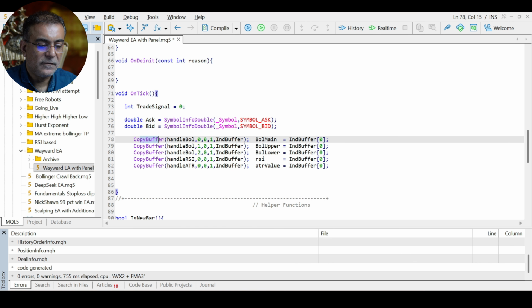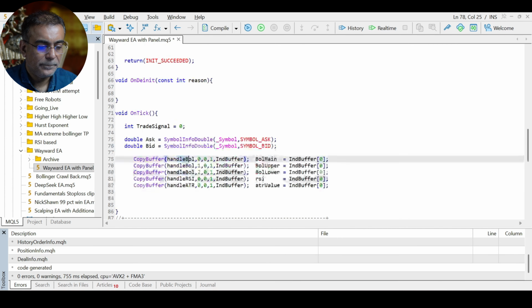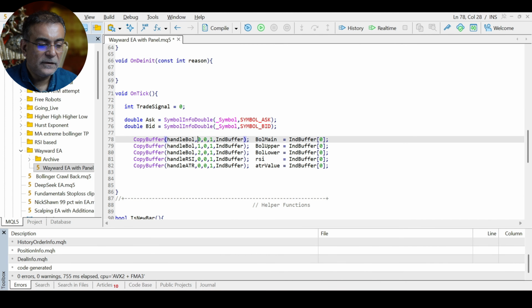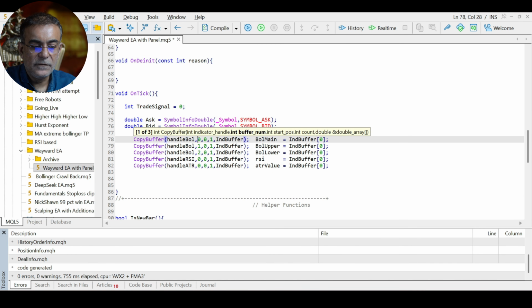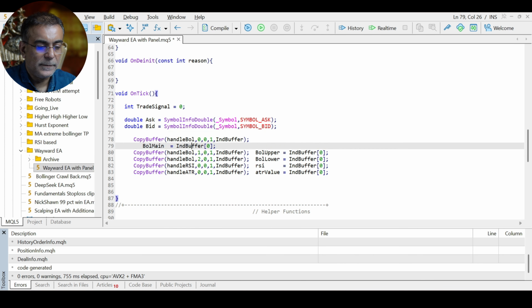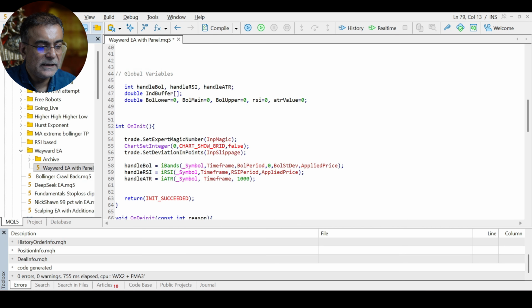Then we're going to use the copy buffer method to copy the value from the Bollinger Band handle that we have initialized here and paste the value into indicator buffer variable that we have created here. And what we are storing in this is the buffer number, which is 0, which is the main line. Then the starting position, 0 means current candle, and how many values do we want? Starting from the current candle, how many values? So only one, just the current candle. Store that value into indicator buffer, and then we can assign the value from indicator buffer index 0, so the very first index that we have just stored the value in, into a variable Bollinger main, which we created at